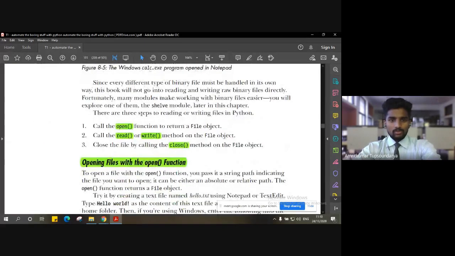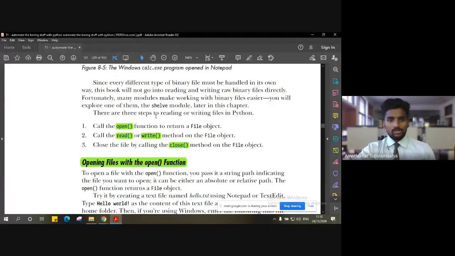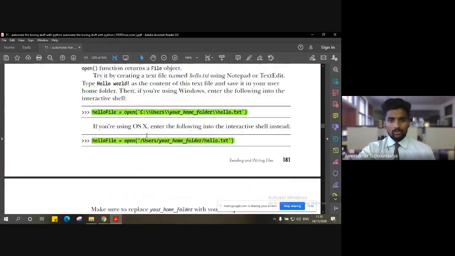We started off with simple commands like opening a particular file, reading the file, writing some content into it, and then closing the file, right? So the functions or methods used were open, read, write, and close, simple functions followed by the path or the file as the argument.